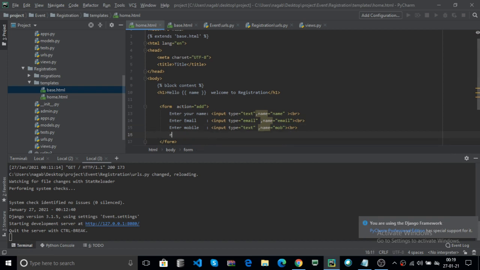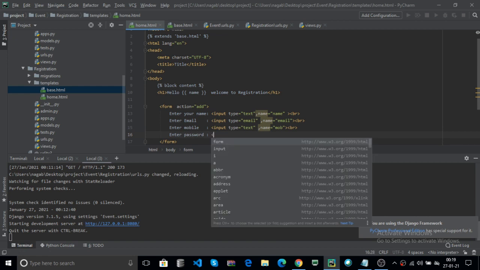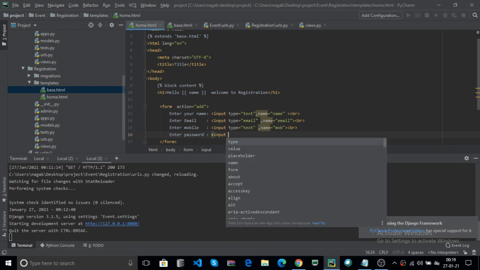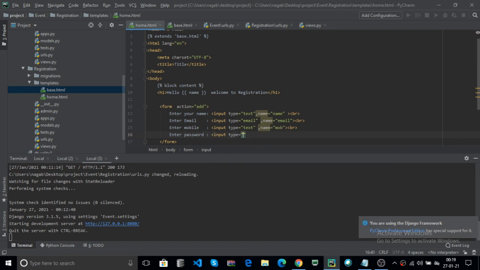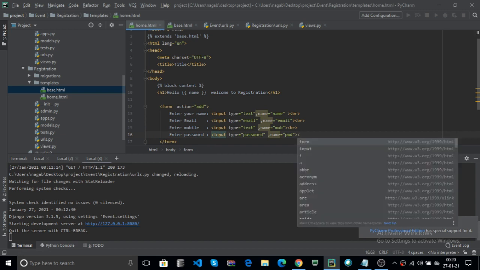Now you can also enter password. Here you can use the input type equal to password, and you can use the name pwd. Here you can use the br.